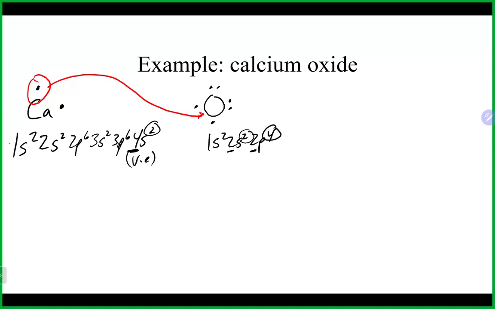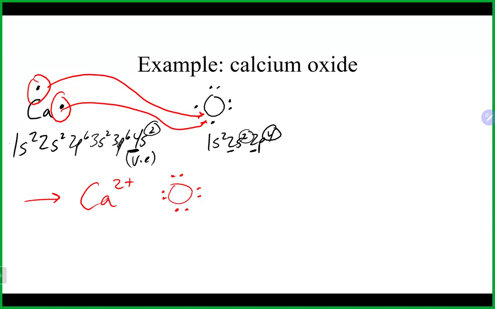Not a noble gas. So it actually does want to give away both of its electrons in this case. So the other electron will also come on over here to our oxygen. In this particular case, calcium has now lost both electrons and become positively 2 charged as a result of losing 2 electrons. The oxygen will gain those 2 electrons, and because it gained 2 electrons from its neutral spot, will now become negatively 2 charged. And once again, I'll put a bracket on one of them to indicate that there's no sharing